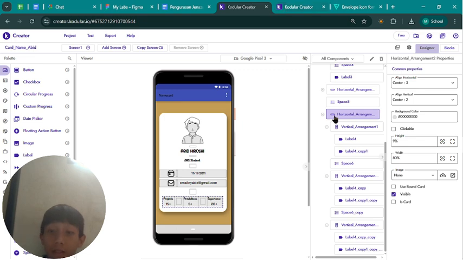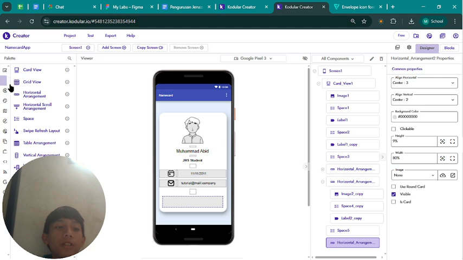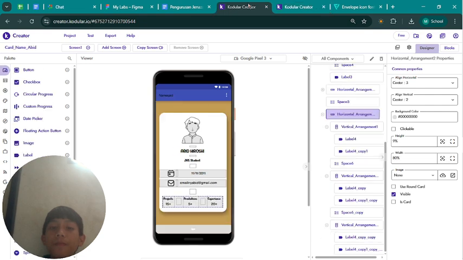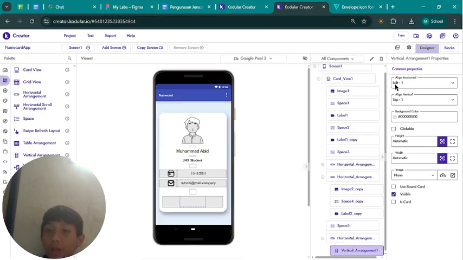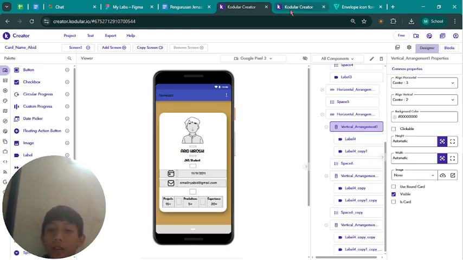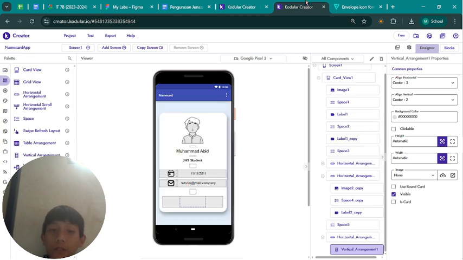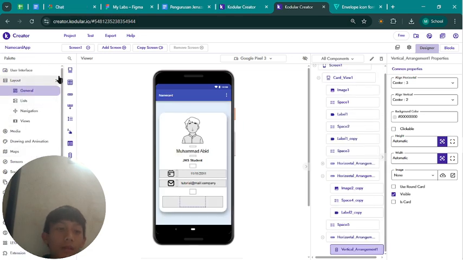Okay, for the last thing it's a little complicated. So first in layout you search vertical arrangement input, and then set the horizontal and vertical alignment to the center. After that you input two labels.